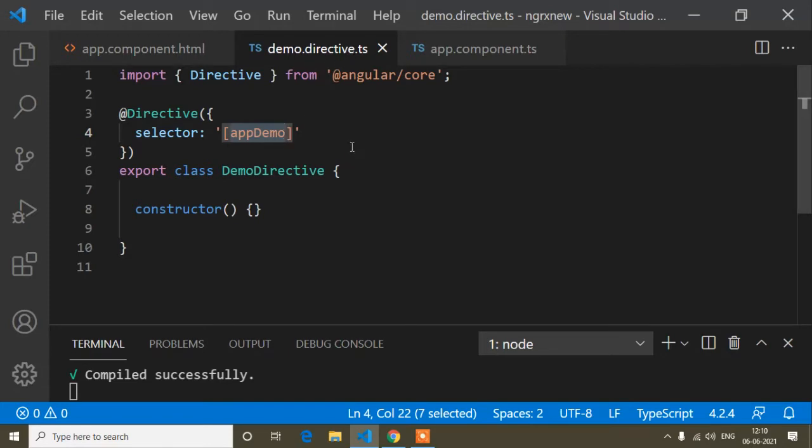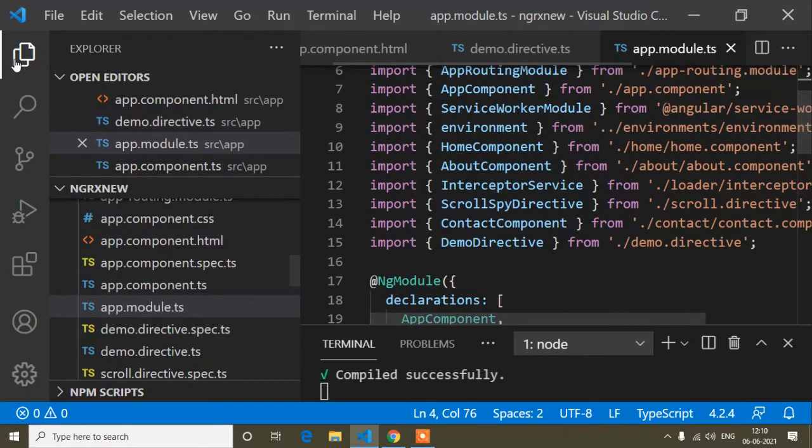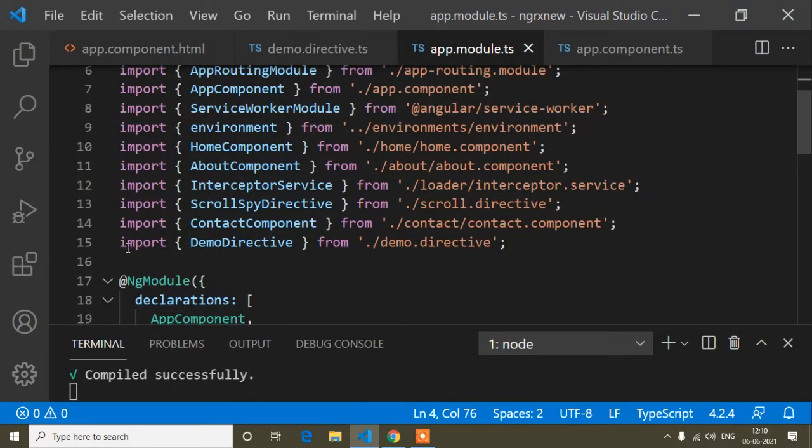And now guys, here you can see the demo directive is generated. This directive class name you can also modify as per your choice. And after generating this directive, it's automatically imported in your app.module.ts file. If I open the app.module.ts file, here you can see the directive is automatically added.